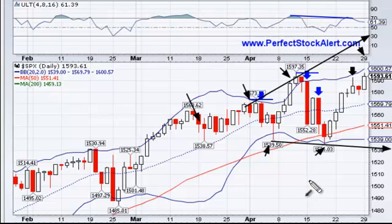And then this point here and this point here, I should draw down like this. Keep an eye on this broadening top here. This one has a couple of details that I'm not a big fan of. If this is right here, then in order for that to be true, you have to duplicate this out of the top here. So you have to have this distance added to this point here, and that would put you about in line there. So it'd still be a pretty big move in the SPX, and I don't think you've got that much of a move in the S&P, but you might have. So that's why I've drawn